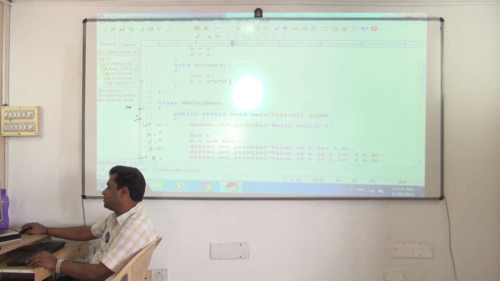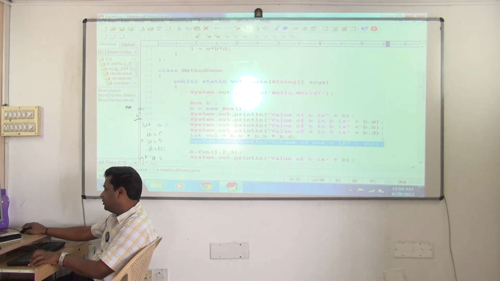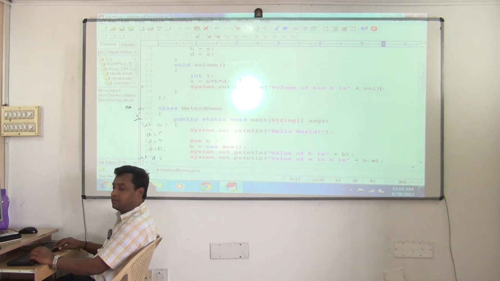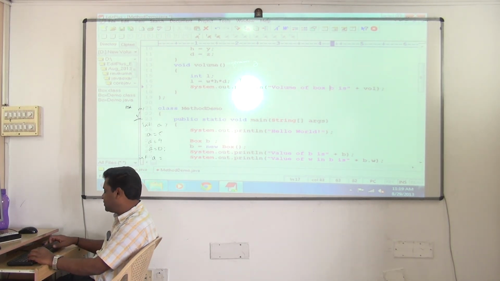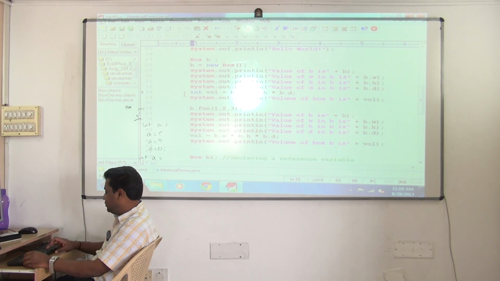And now you can print also. What will you print? Volume of, but I can't print the volume of Box b1 here, because the same print statement will come. So I have to say what? Volume of box is plus L. I can do this. Now instead of doing this,